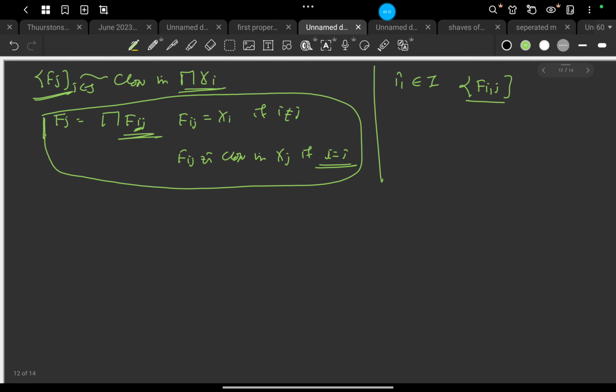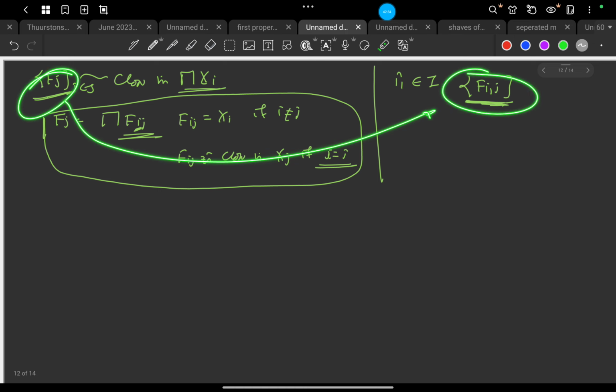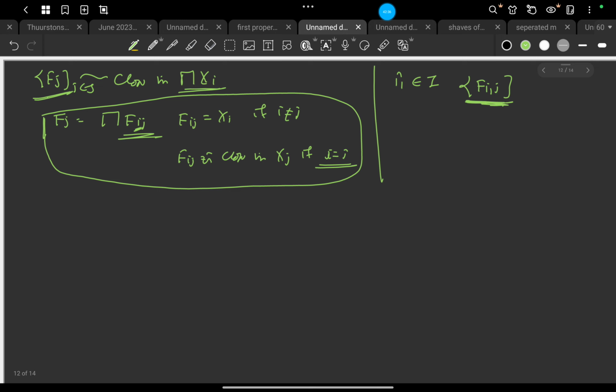That means each of the F_i1j's also has the finite intersection property, because if we take any element in the intersection of this, of course it has to be in this intersection.